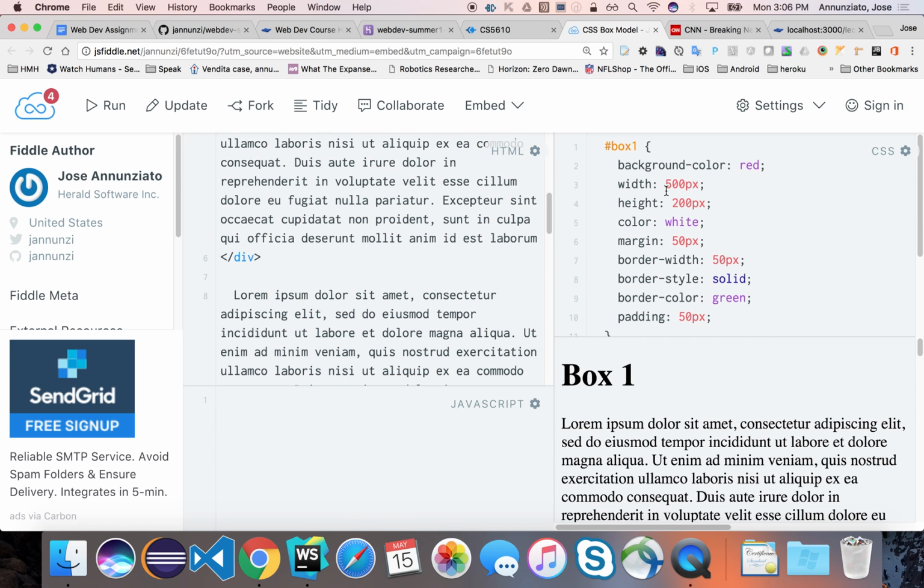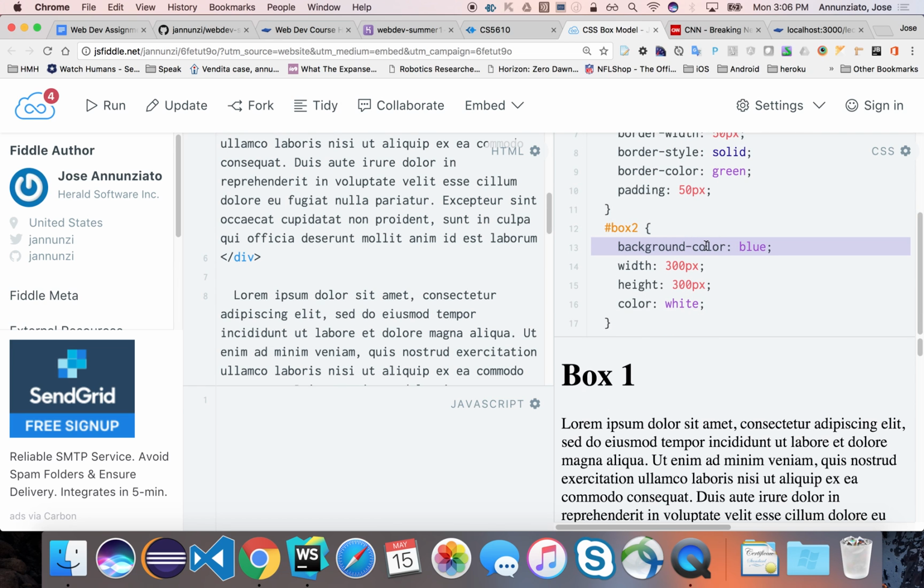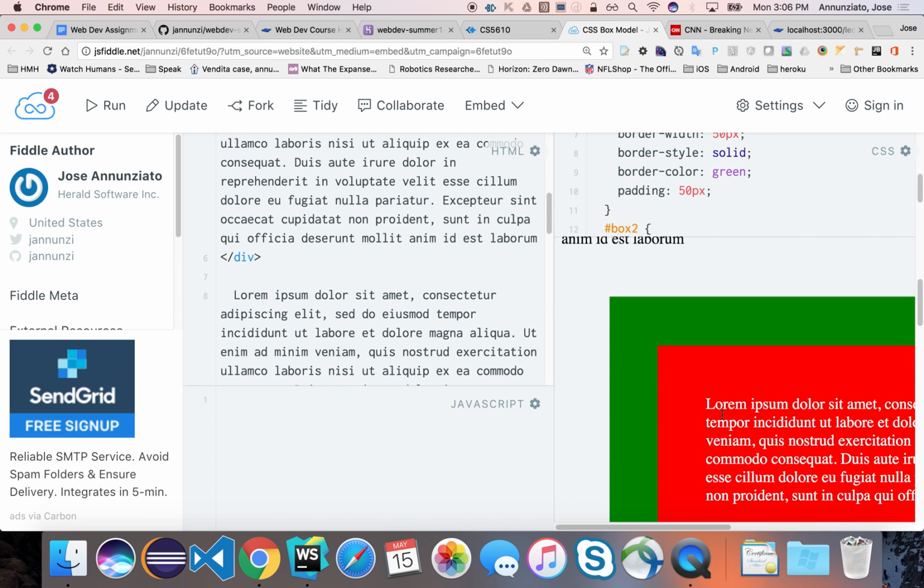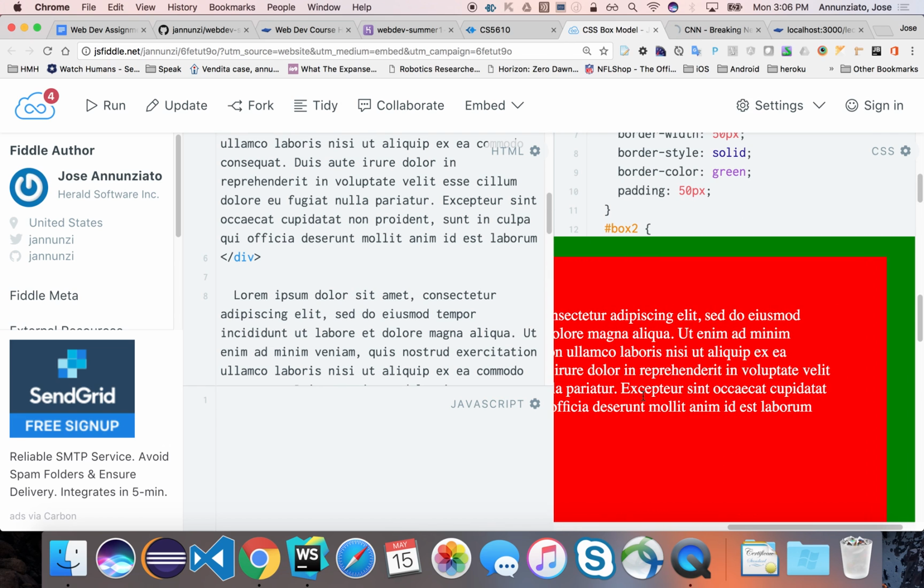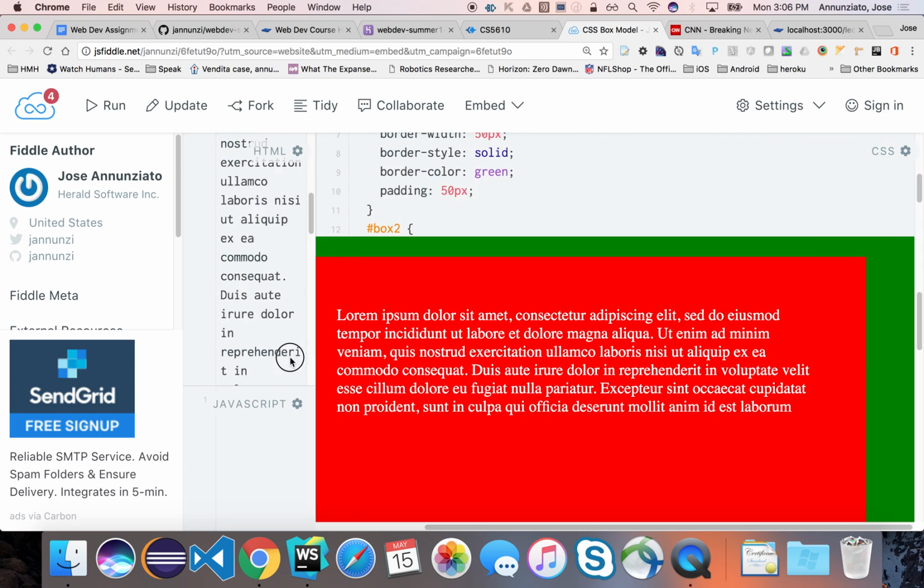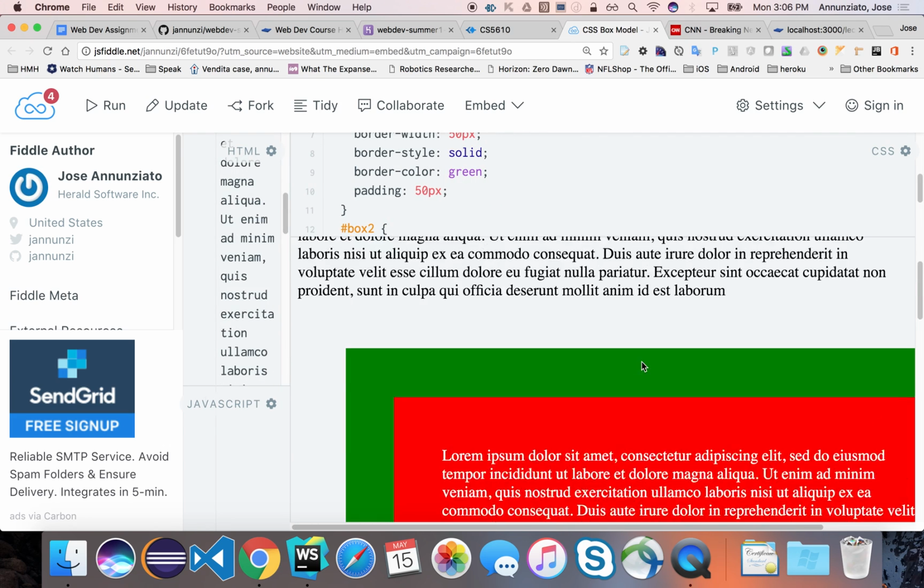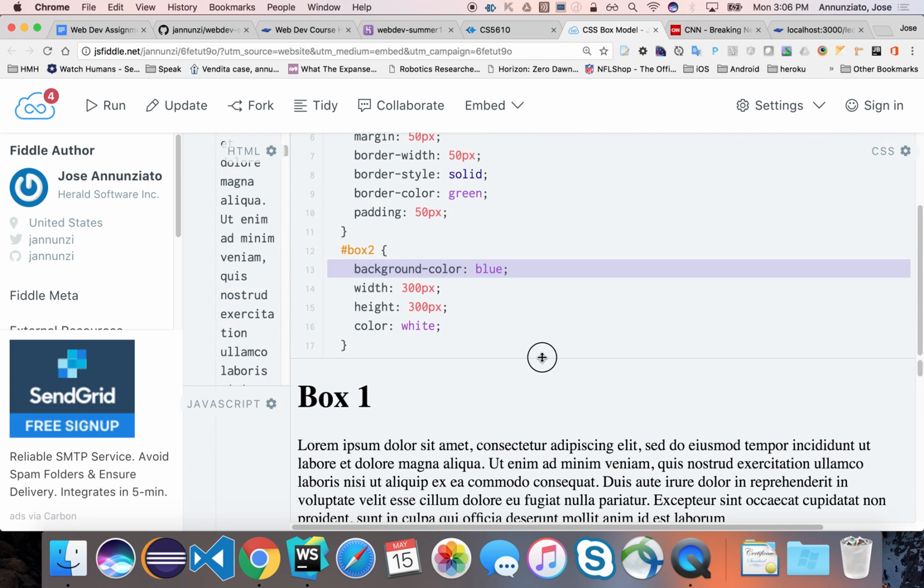We're saying box 1 is going to have background red. Box 2 is going to have a background blue, and I think that's it. Only those 2. And notice where they're rendering, right? They're rendering one on top of the other. What's up with that? And what's happening here is that